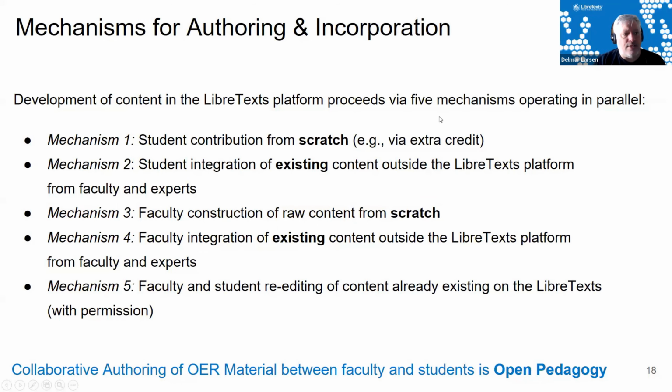There are a range of different mechanisms that we have used and facilitated over the years in terms of building books in our library. The one that many people are familiar with, which is essentially mechanism number 4 here, is us taking content that already is created somewhere else. I use the example of OpenStax out there, and us bringing it in. Now, that's via the process of harvesting.